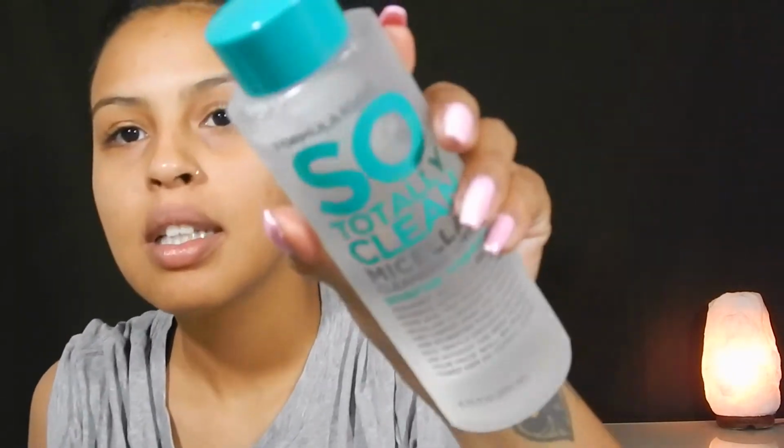Okay, so after you've done them, I'm gonna use this micellar water. This is a totally clean formula, 10.0. I don't know, I'll list it down below, but it's the formula 10.0.6. So totally clean, cleansing micellar water. This is the sensitive formula. They do have the regular formula, but that one is way too strong for me. So I'm just gonna grab a cotton pad,